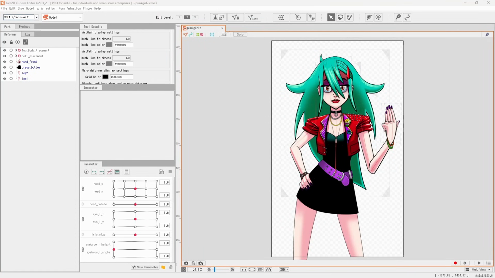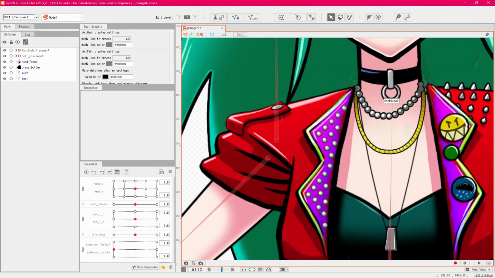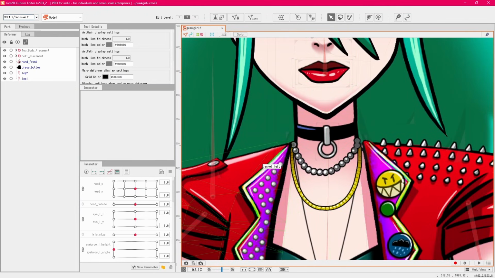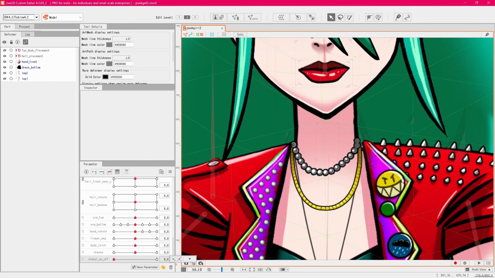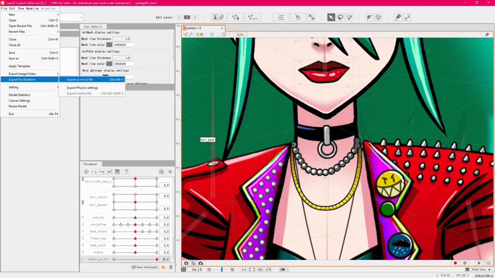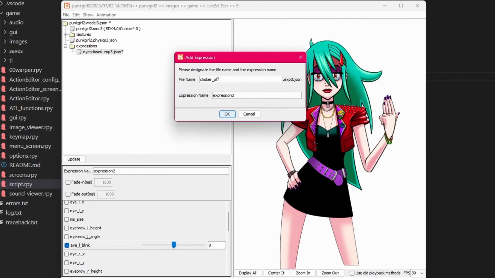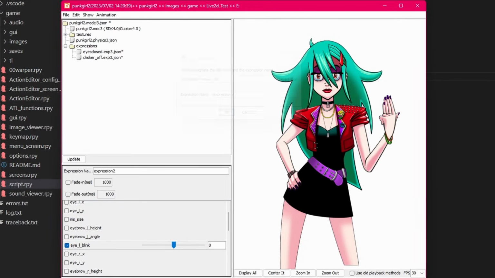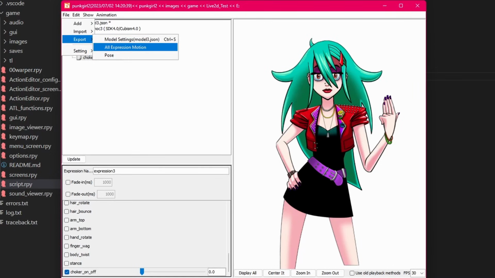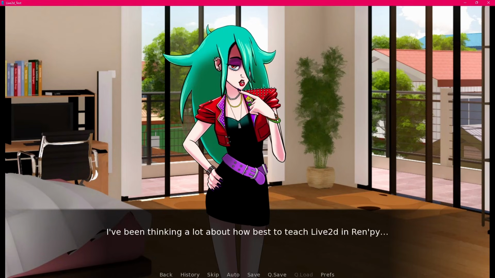Let's say I want an expression where I turn the choker on the character off. I'll go into Live2d, add an attribute that changes the opacity of the choker pieces, and then re-export that model file. Then back in the Cubism viewer, I'll make a new expression, choker off, that changes that parameter so it goes from the choker being visible to being invisible. Now I'll export that expression, and now in Ren'py, when I set that expression, you can see the choker is